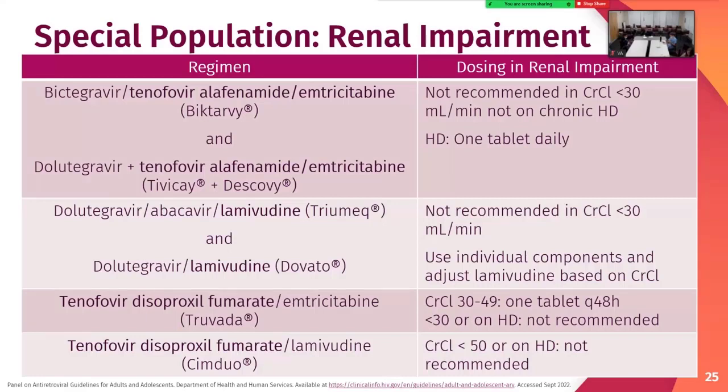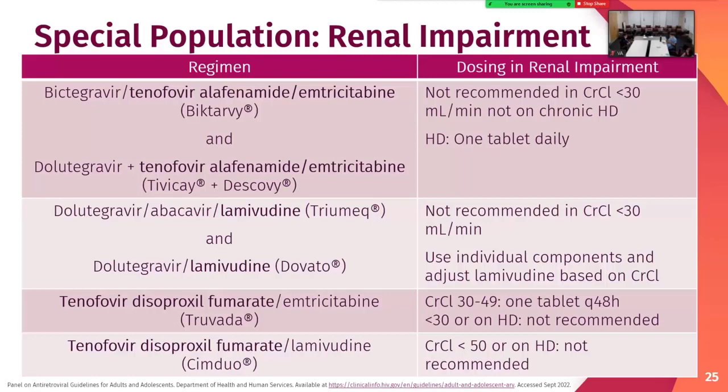For our lamivudine-containing products like Triumeq and Dovato, it's not recommended in a creatinine clearance of less than 30, but you can use the individual components of the regimen and just separate them. It will have the patient taking more tablets, but then you can dose adjust it to make sure they're on their complete regimen. And then for our tenofovir disoproxil fumarate, like I said previously, this form of tenofovir is associated with more renal toxicity, but they do have more data because it's an older agent on how we can